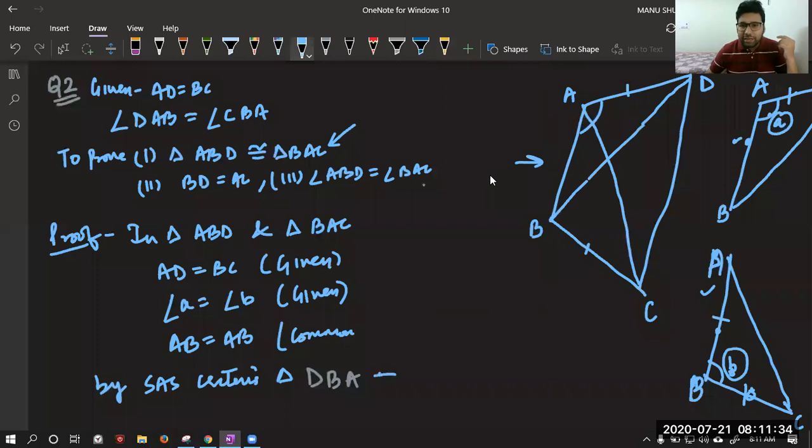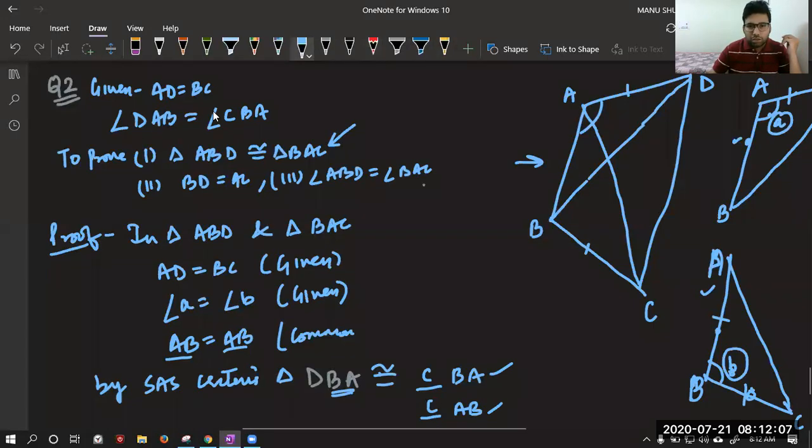Okay. Triangle DBA. All of you, please tell me what is the name for DBA. Okay, Ananya. Some are saying CAB, some are saying CBA. That means there is a little bit of confusion left. Let's start. We have to have AB equal to AB. AB is coming in second and third position. It can be BA or it can be AB. First thing, the remaining will be C. Now tell me which one is correct, CBA or CAB? Please try. Which one is correct?